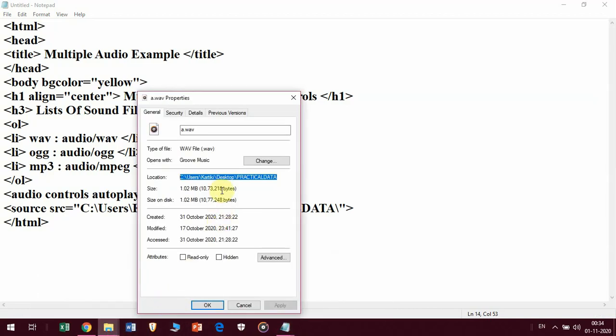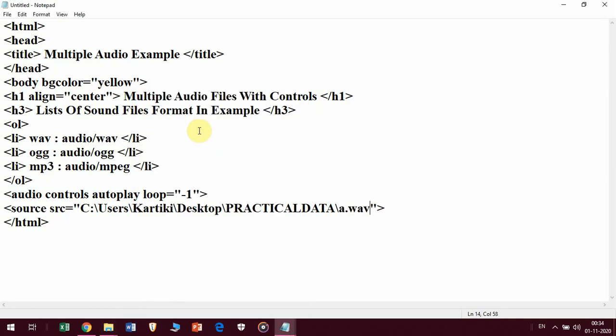So I'll go here, select it, Ctrl C, and then paste it here. So my first audio file with the type WAV is embedded here in my HTML file. After that I'll give a space, and I have to mention specifically which type of file it is. So it is a WAV file, so it is audio/WAV.